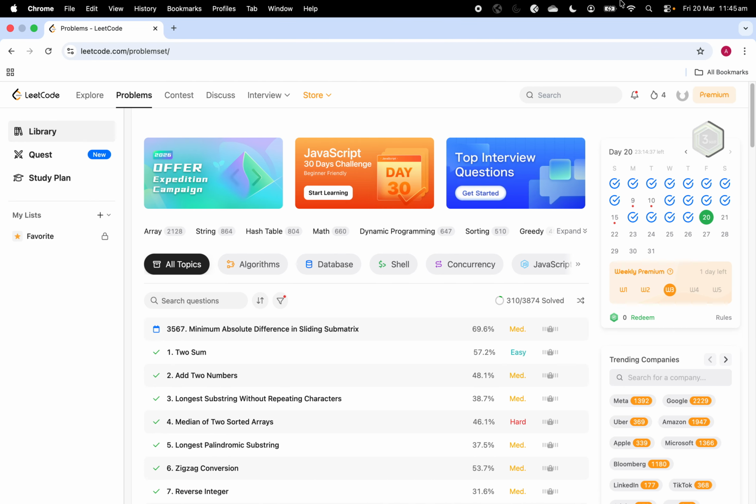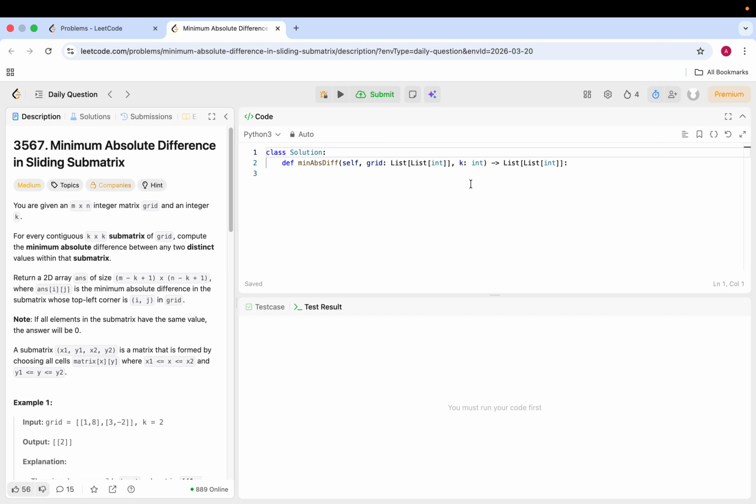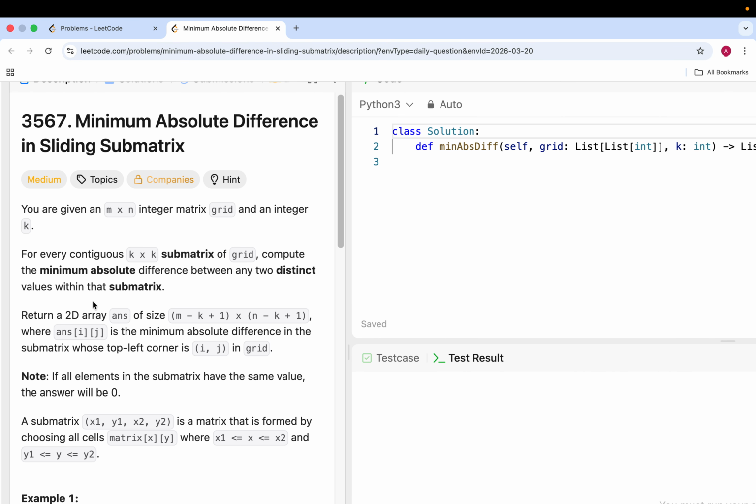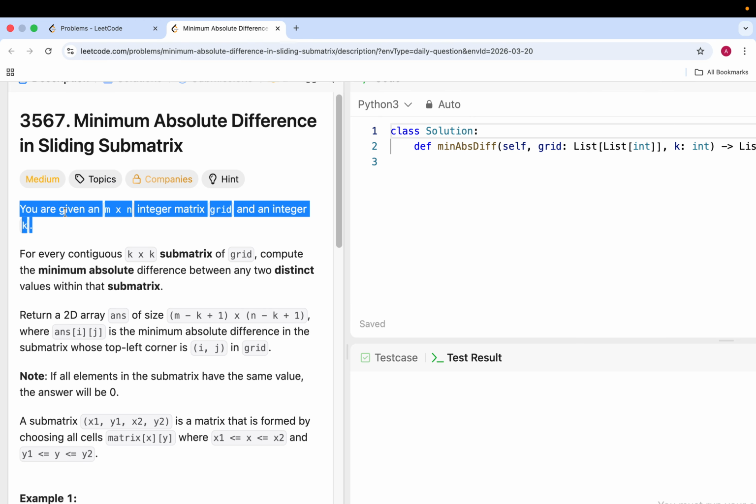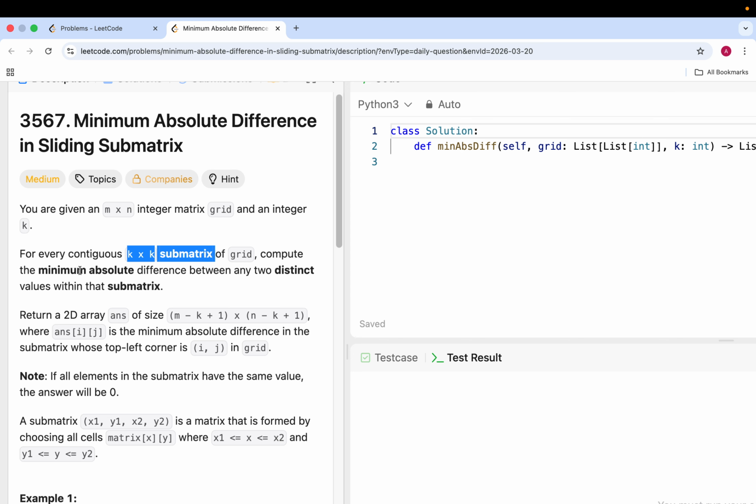Doing the 20th of March, 2026, daily problem: Absolute difference in a sliding submatrix. You are given an m by n integer matrix grid and an integer k. For every contiguous k by k submatrix of grid, compute the minimum absolute difference between any two distinct values within that submatrix. Return a 2D array answer of size m minus k plus 1 by n minus k plus 1,